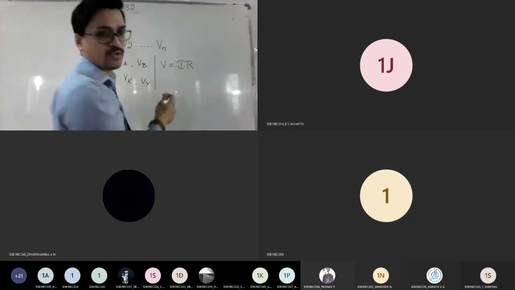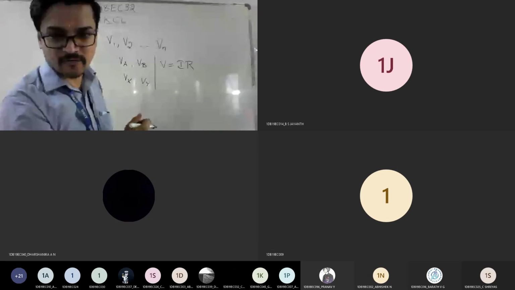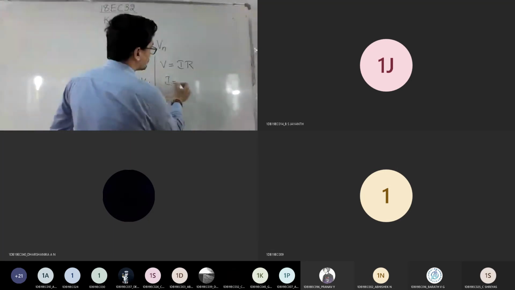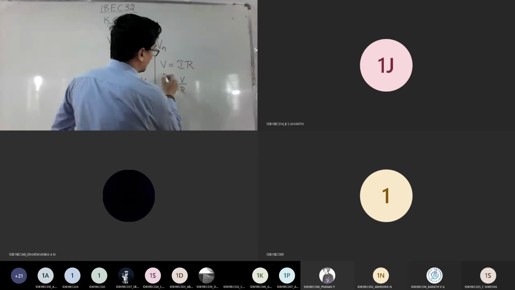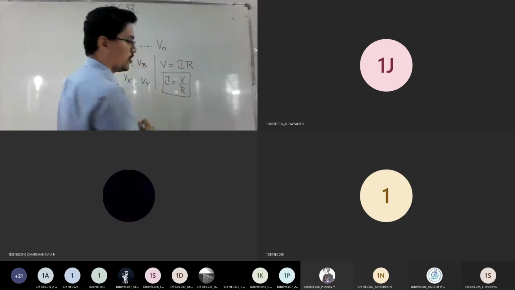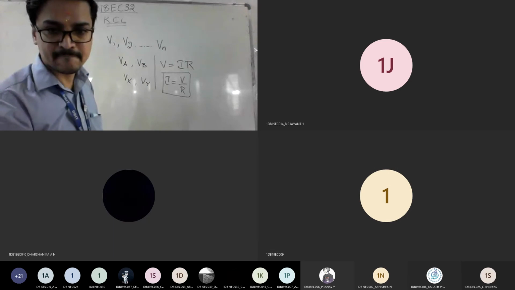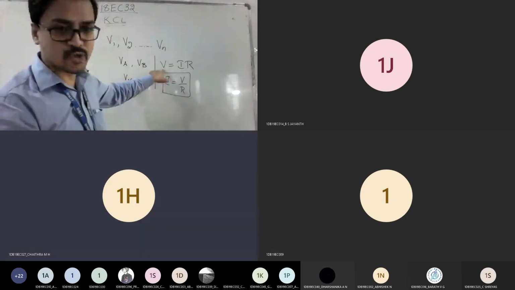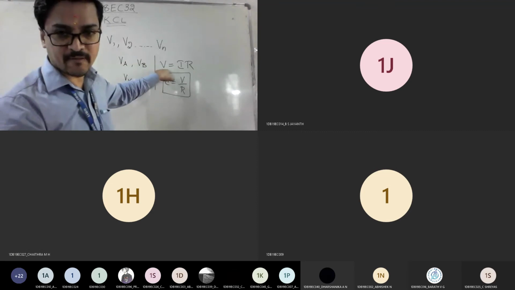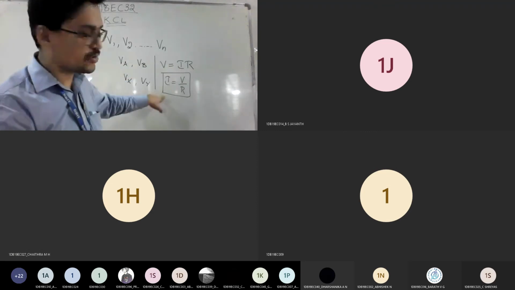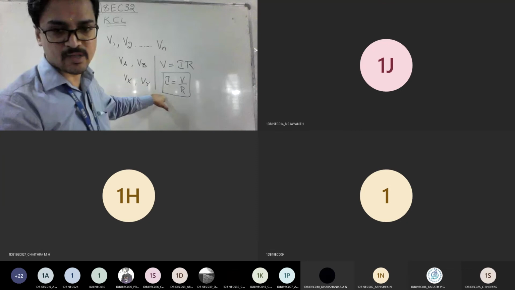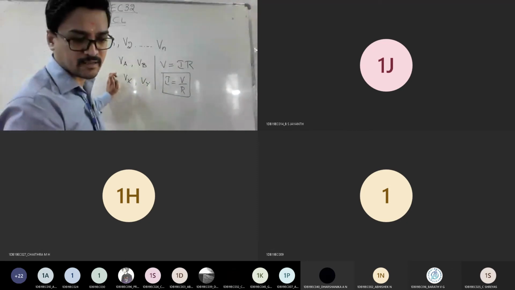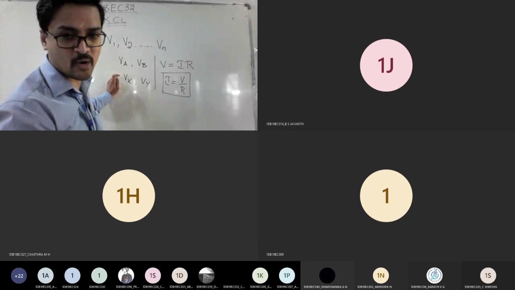See, this is what you used to do for your mesh analysis. But now for nodal analysis, it says current law, meaning I need to use the I equals V by R logic. Am I clear? So you got the difference. You used V equals I into R for mesh analysis. Now we are going to make use of your current law, I equals V by R, for finding the general node equation in nodal analysis.